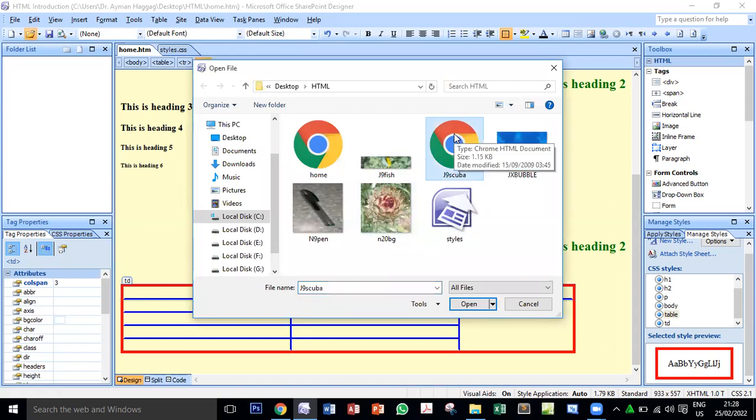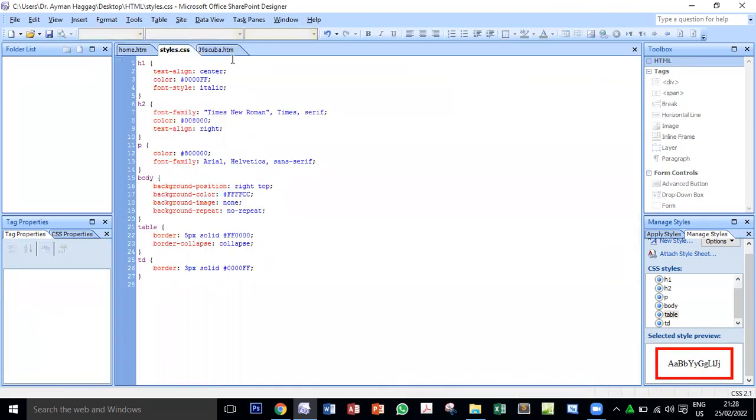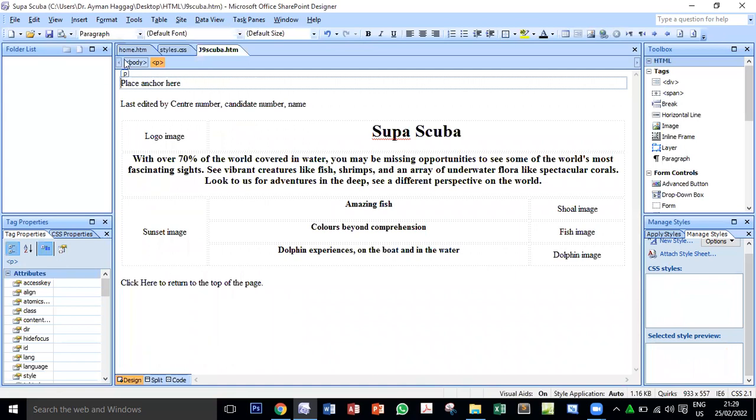That J9 Scuba. Let us open it. See, this file has no styles. Now I have an idea. I would like to apply all the styles here to that file, so I have the same theme in this page and that page, because both of them now will belong to